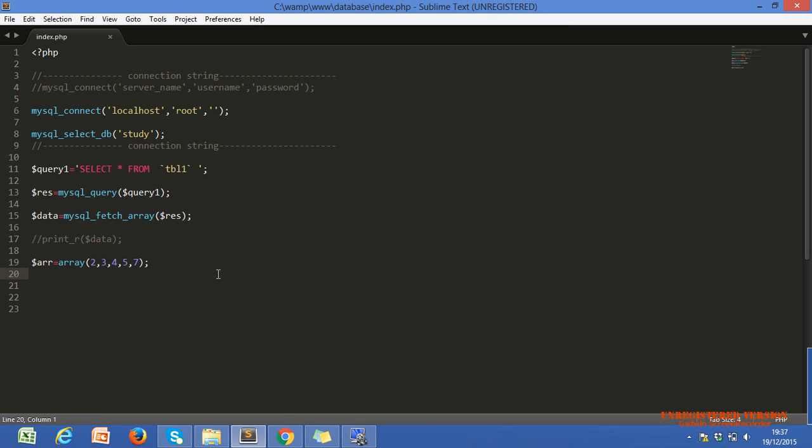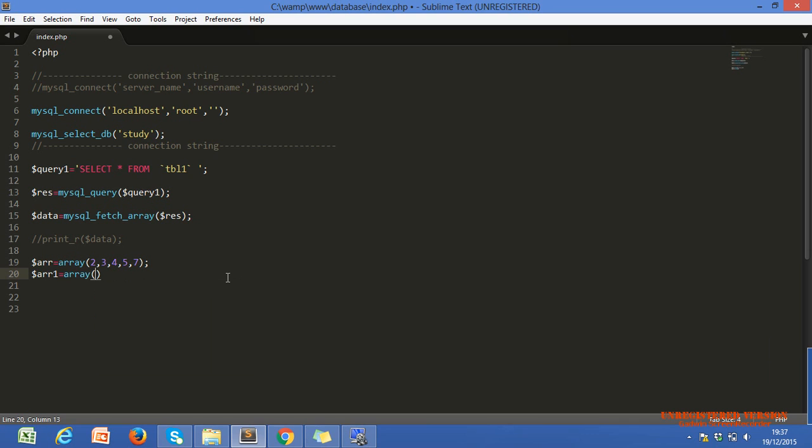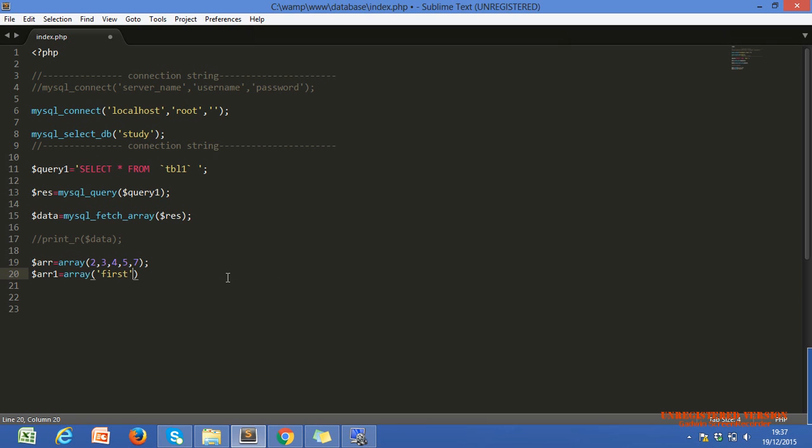Now I declare another array, $arr1, equals the same array variable in brackets. Now what I'm doing, I take the same example.